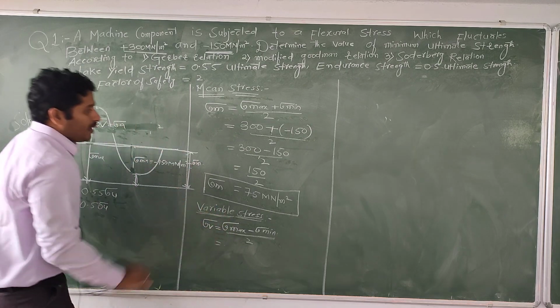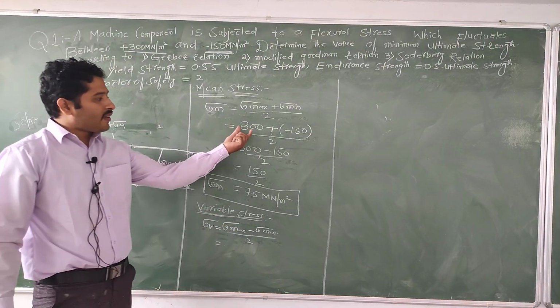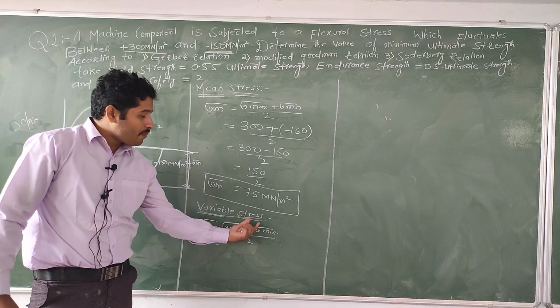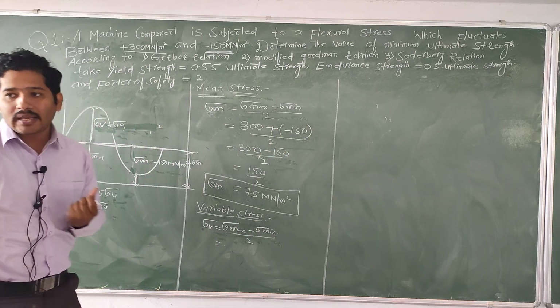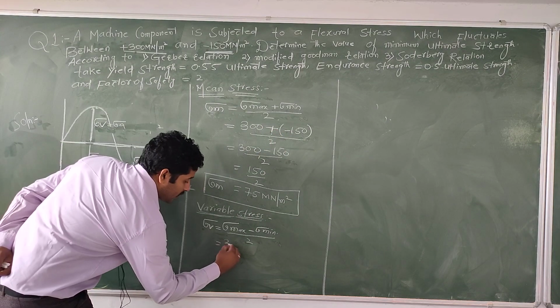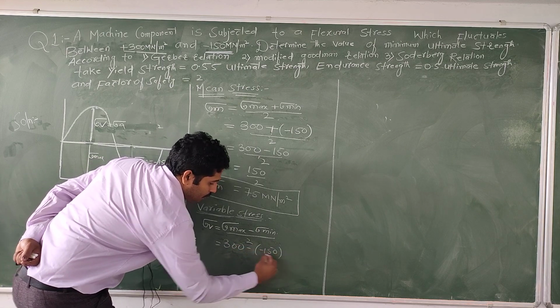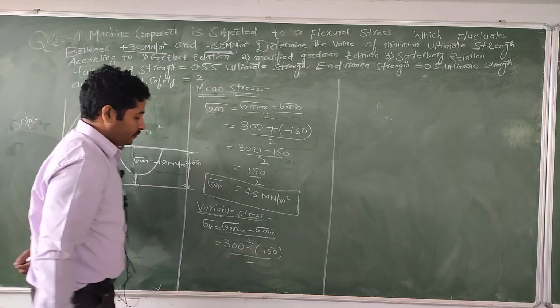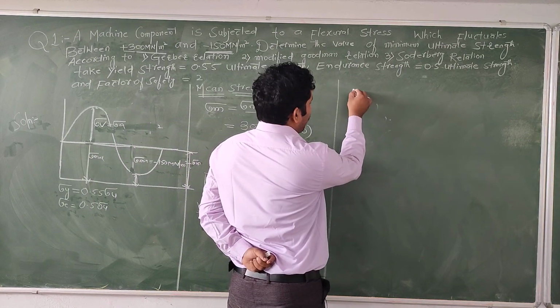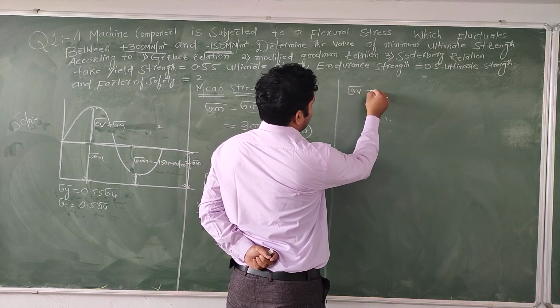Here the maximum stress is given as 300, the minimum stress is given as minus 150. Then 300 minus of minus 150 by 2, then the variable stress sigma v equal to